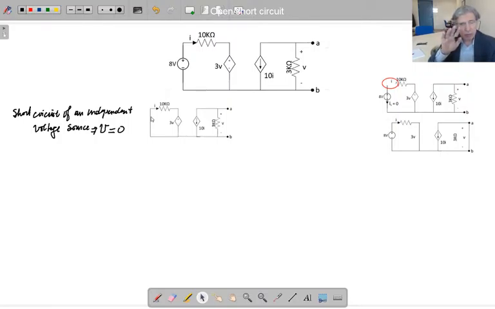Be careful if you are doing a short circuit on the wall plug at your house. That is a bit dangerous. Why is that? Because there is a voltage there that in your house is not 8 volts, of course, it is 220 volts, a bit high voltage. So when you connect a wire without removing it, you are forcing 220 volts to become 0 volts. That means there's going to be a high current passing through that wire.